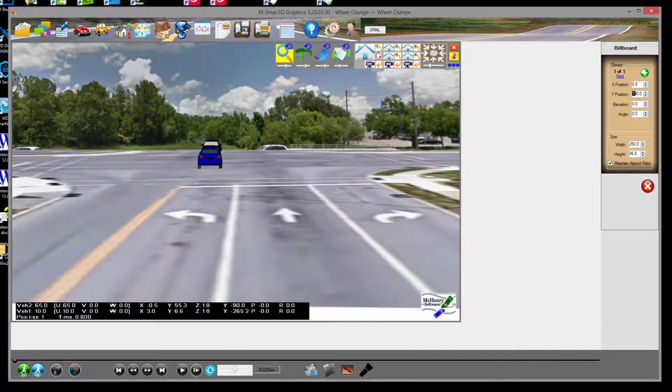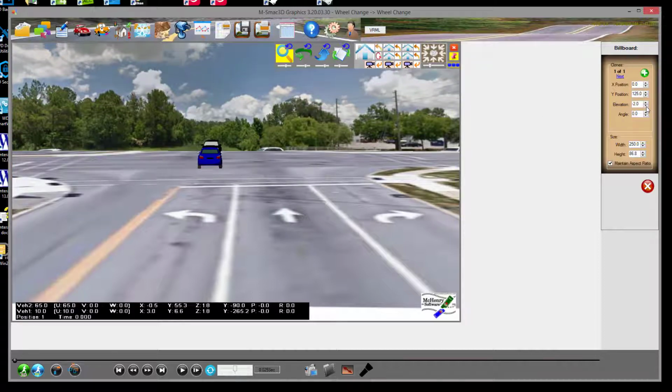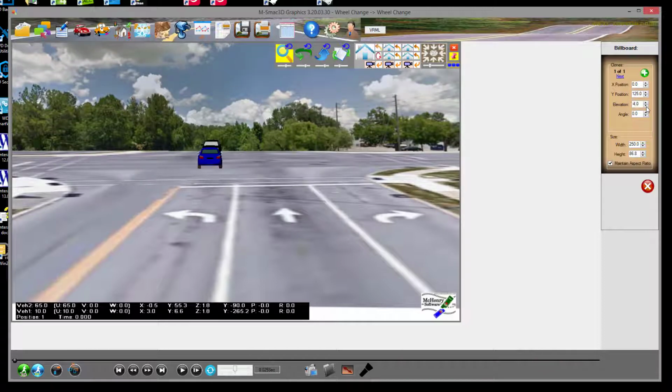And you see the other vehicle. Let's make it about 125. And then we want to drop the elevation. You see how you can see a car top there? And this is just to give a background so it looks like what your scene is if you have an actual scene view. And now you see when we run this,